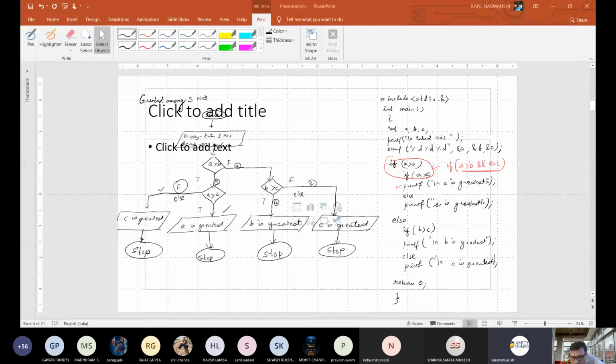Sir, in the first one after A is greatest we use slash n, but at the second one we haven't used slash n, only at the else. Here I had not.